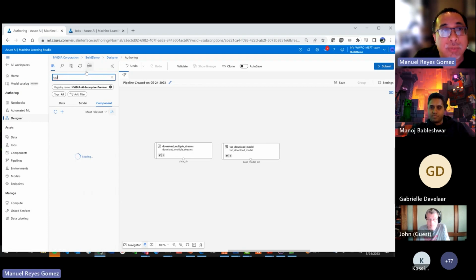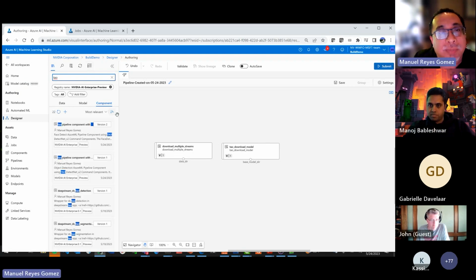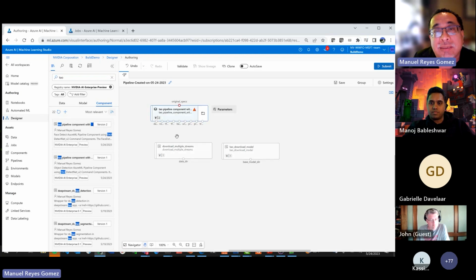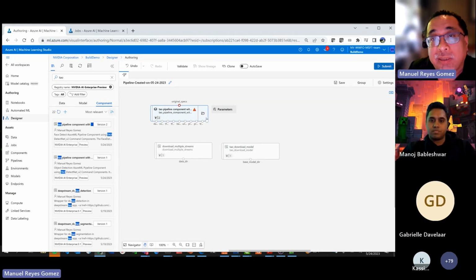Yes. As we said, we were going to discuss Tau components. There is a concept called a pipeline component. A pipeline component is a way to specify interconnections between inputs and outputs of different command components, as we refer to these ones here. So this one here is a pipeline component. If I open it,